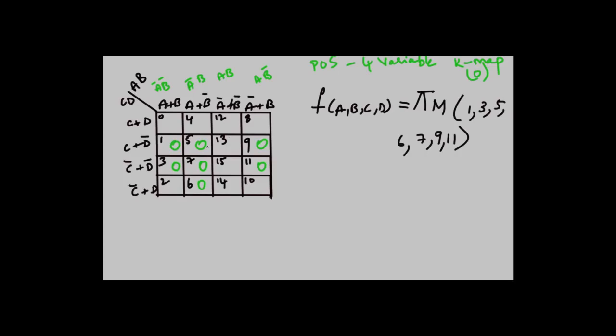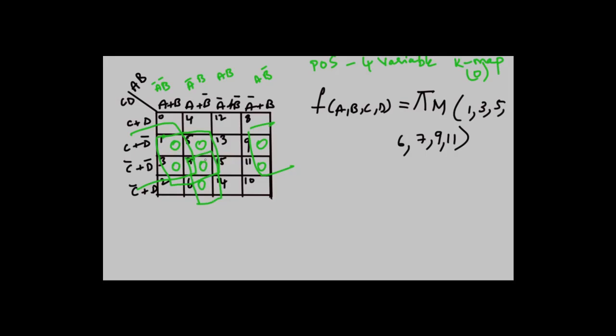So first we'll check for 16 zeros. There are no 16 zeros. So we'll go with 8 zeros. And there are no 8 zeros. So next we'll go with 4 zeros. And yes, the 4 zeros, this would form a group, and this would form another group, and here 1 0 is left over, so I can make this 1 0 into this group.